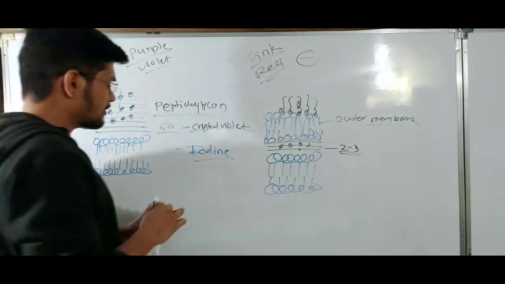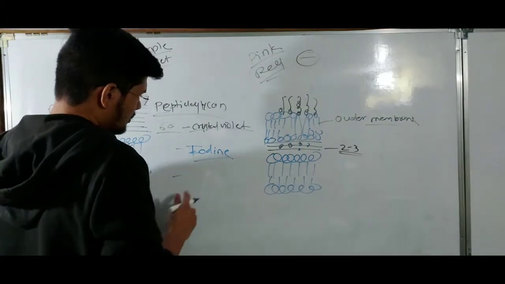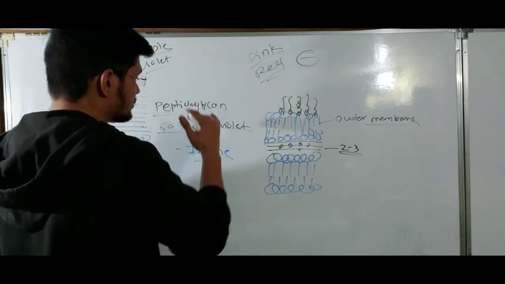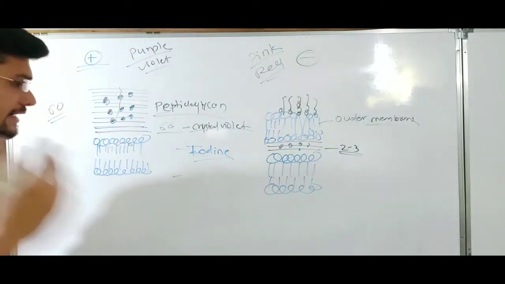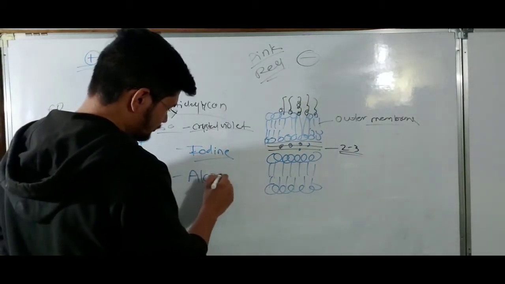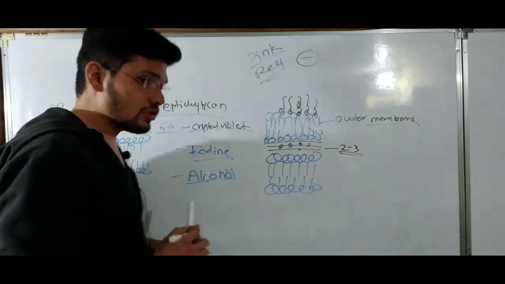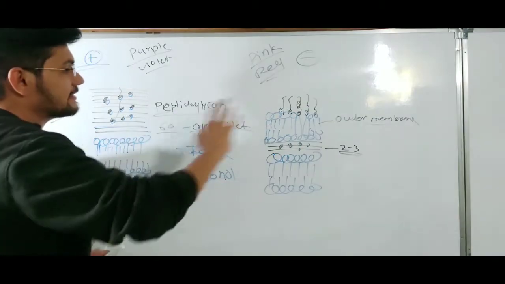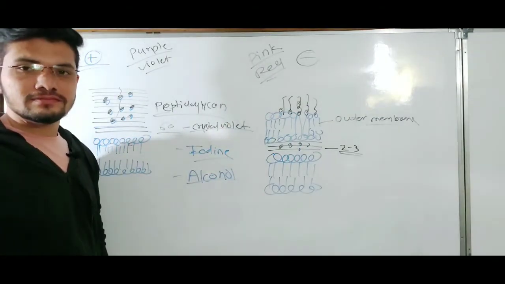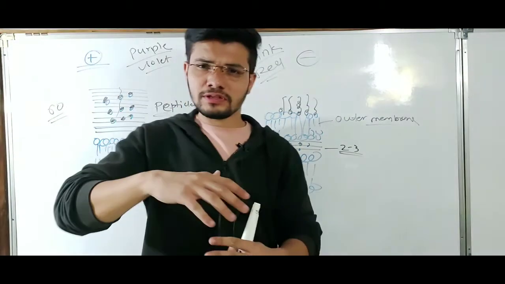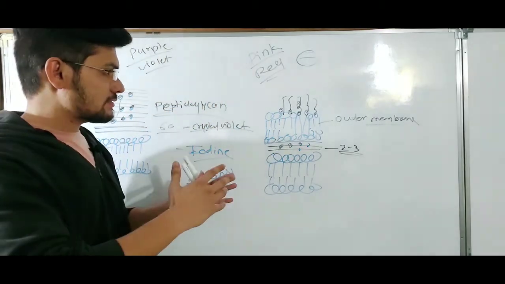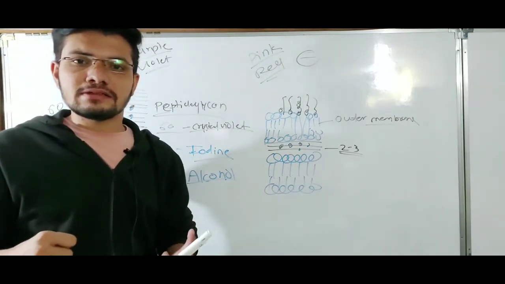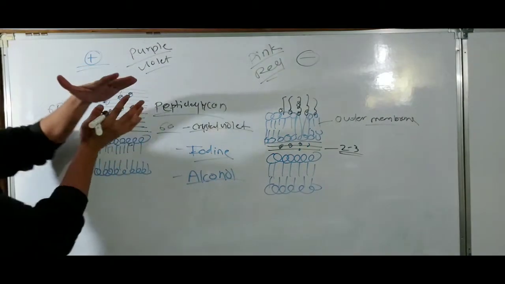In the third step, after crystal violet and iodine, we will add a decolorizer like alcohol. We are going to add alcohol as a decolorizer, which means it is going to decolorize this dye, and it is going to dissolve and break these membranes, and it is going to dehydrate the cells. So these layers will be compressed and compact.